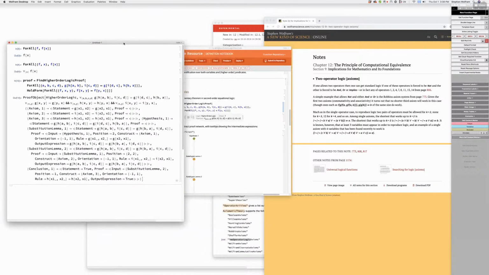So what did you have here? I'm using hold form to stop Forall from evaluating. Oh, okay. So that's for all f. Right, exactly. So basically here we're just going to say every binary predicate you see is commutative. So f of x y equals f of y x for all f, and then using that commutativity, we're going to prove something. Oh, nice.